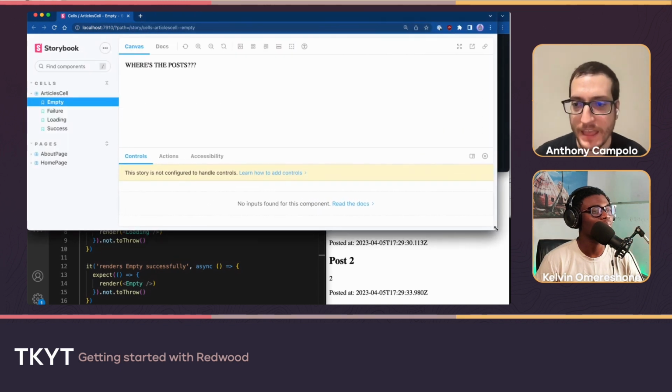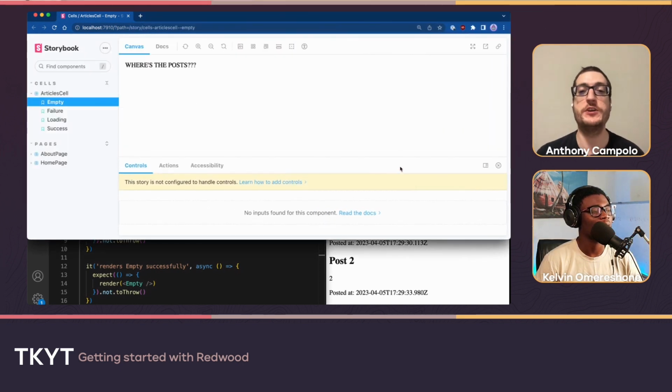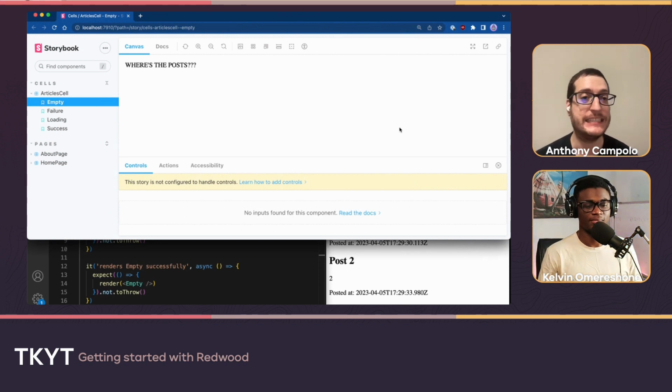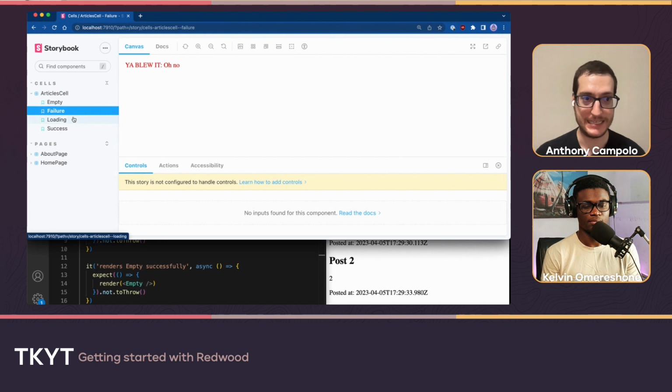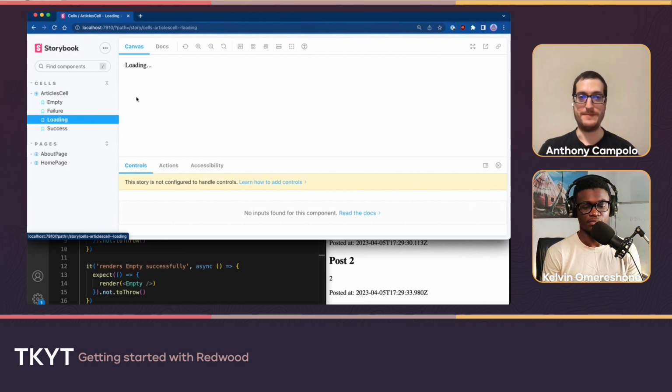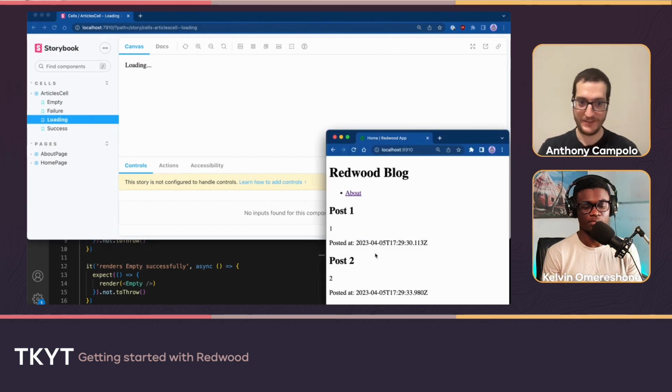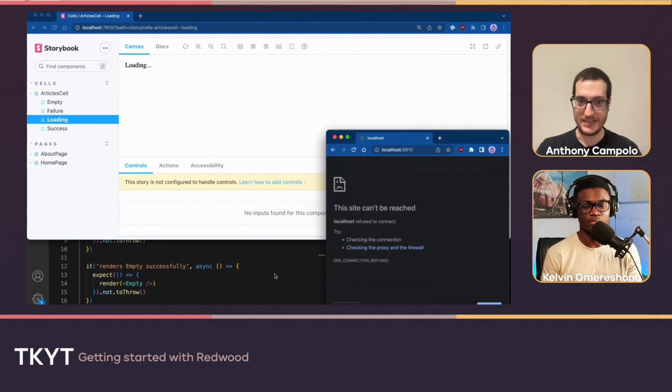It's really great if you are going to be creating a lot of components, or if you have a lot of styling, or you're going to be building a really involved cell. If you see here, we've got these different states that your project can be in. When you're actually developing, it's kind of hard to see them.